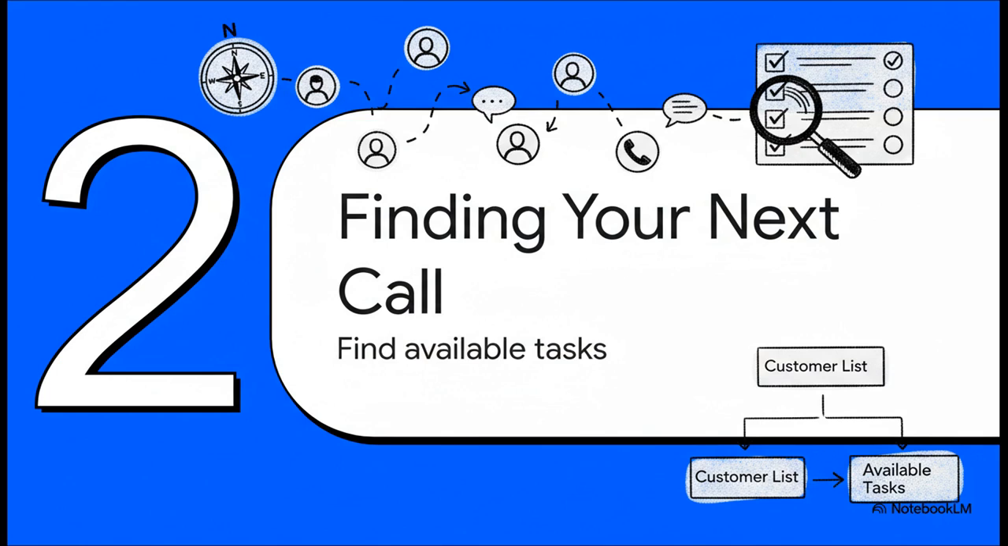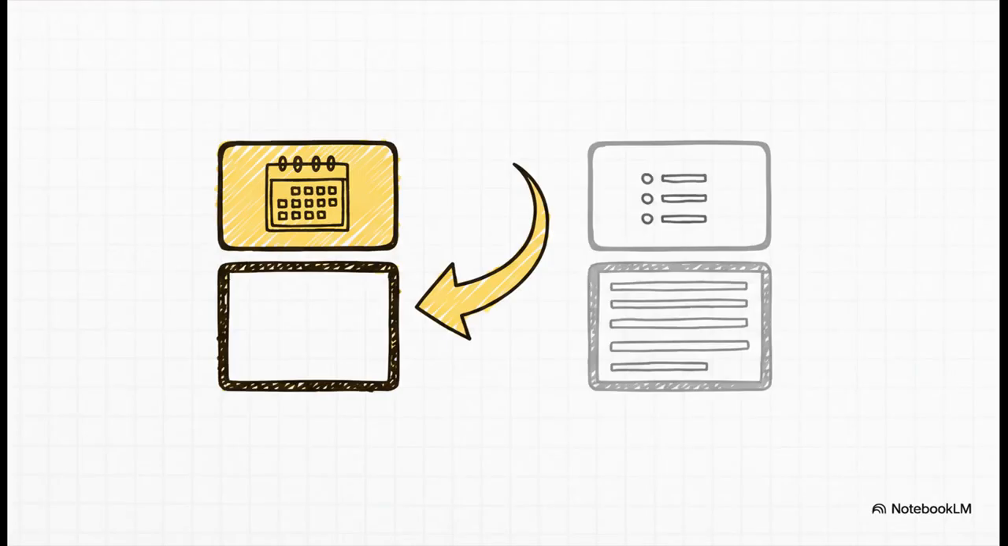Now for the big question, where are the customers? This next part is all about finding that list of available tasks so you can figure out who you're going to call next. Sometimes when you log in, you might land on a page for scheduled tasks, and it might be totally empty. Don't panic. The key is just to switch your view over to Available to see all the tasks that are ready and